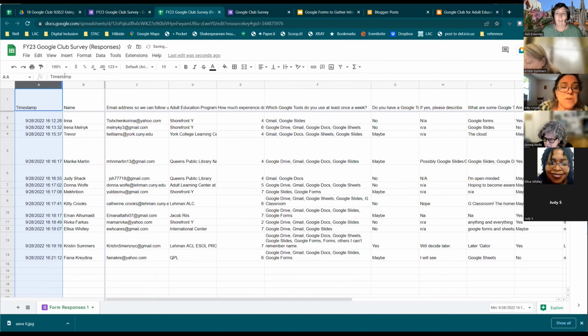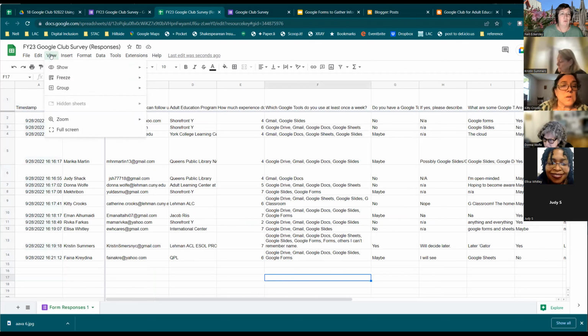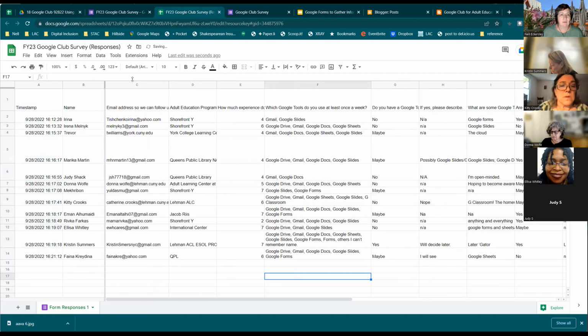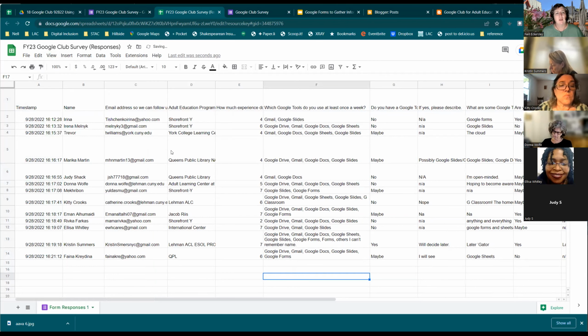Or is it related to the fact that you already froze row 1, so it won't let you move it? I don't think that's it. What I've experienced in the past, we can get rid of the freezing and see if that is the issue. But what I've experienced in the past is that